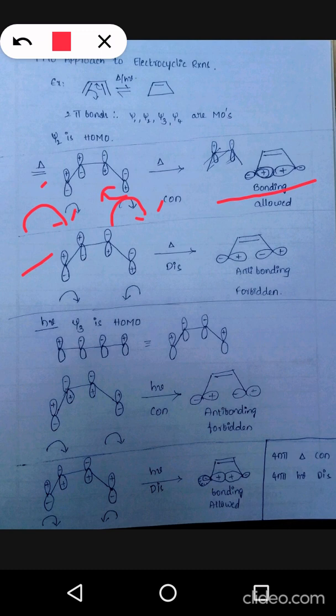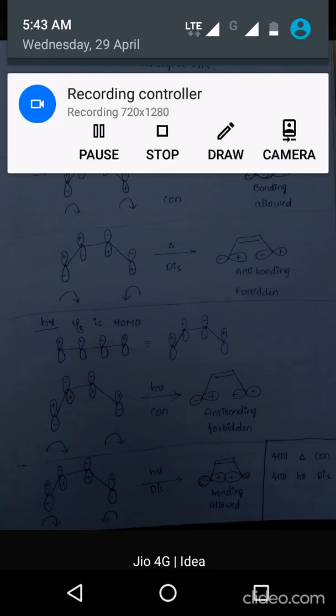By clockwise rotation, the p orbital will move inside, and rotate this p orbital in anti-clockwise direction, so this p lobe will come, the minus lobe will come inside. So inside the cyclic system we have a plus lobe and minus lobe, and plus lobe and minus lobe will not lead to bonding condition, so bonding is not favorable by disrotation. So under thermal condition, only conrotation will be allowed, whereas disrotation is not allowed and it is called forbidden. Now let us see under photochemical reaction which type of rotation is favorable.